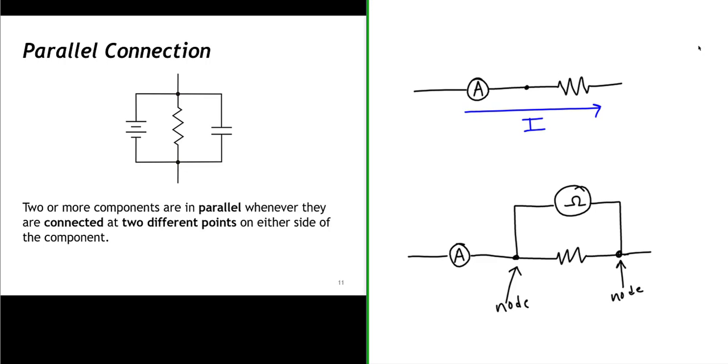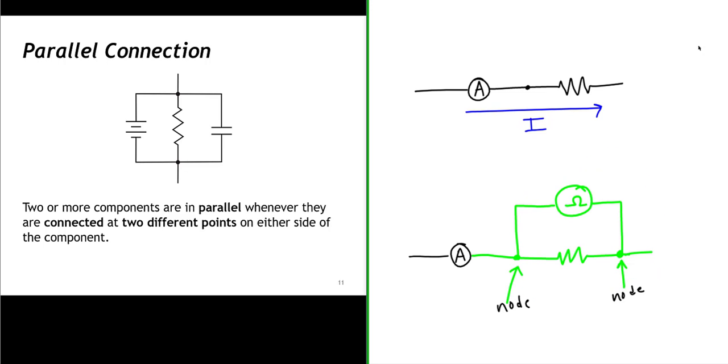So in this diagram, the ohm meter and the resistor are connected in parallel. But notice, the ammeter is no longer in series with the resistor. And the reason why the ammeter is no longer in series with the resistor is because now there is more than one path for current to move between the ammeter and the resistor. So we can't say they are in series anymore. What we can say, though, is that the ammeter is in series with the combination of the ohm meter and